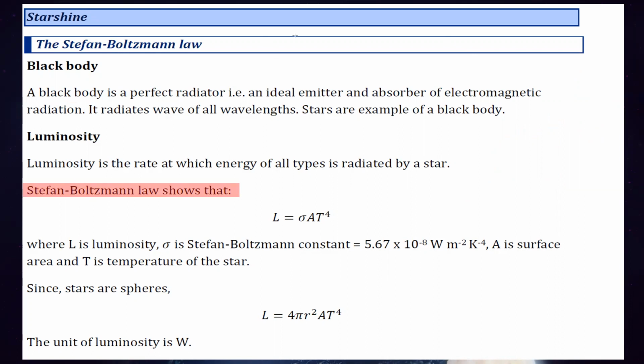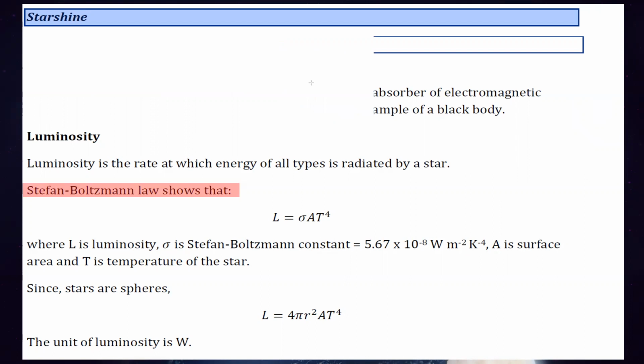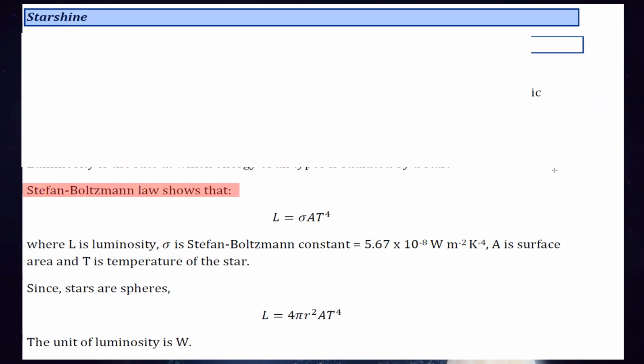What is the Stefan-Boltzmann law? It states that the luminosity, or the energy emitted out by the star every second, is proportional to the size of the star. For example, we have two stars, one large in size, another small in size. Which star will have the higher luminosity when we compare the two? The star which has a large size